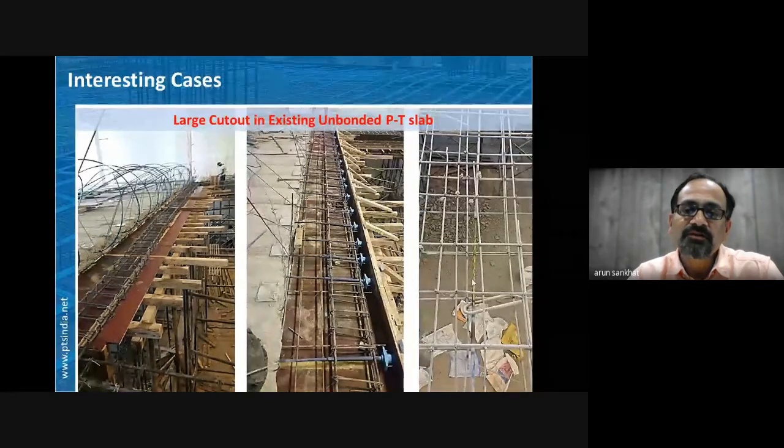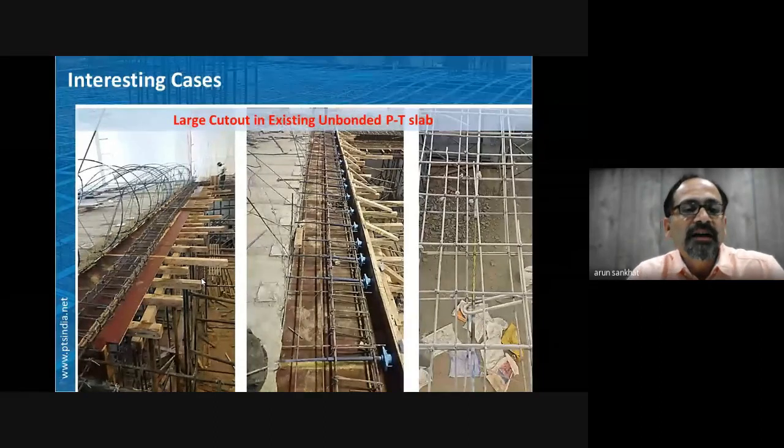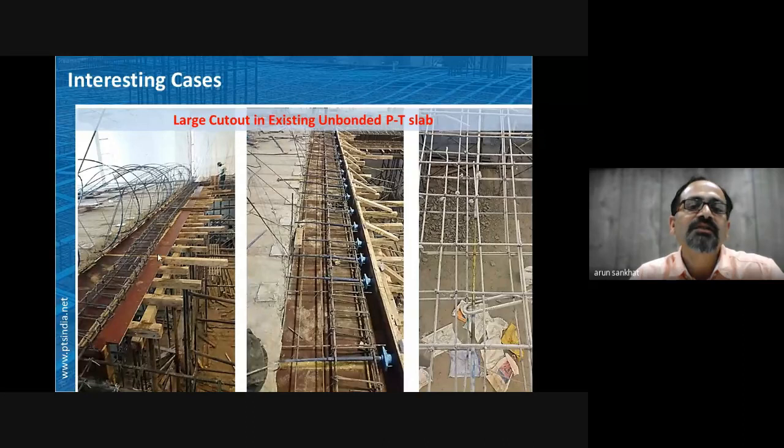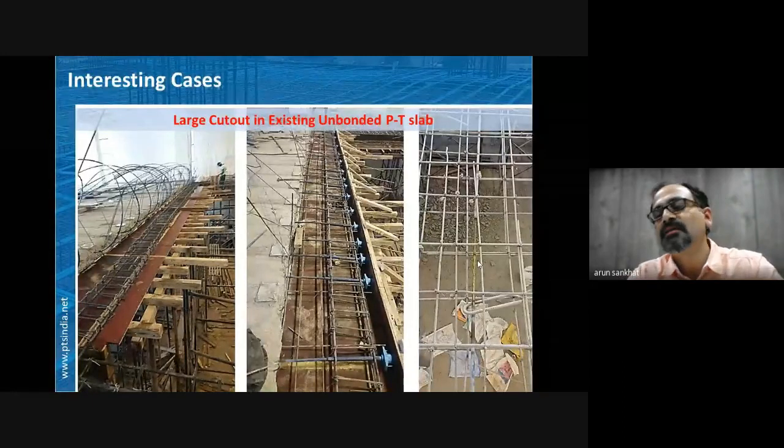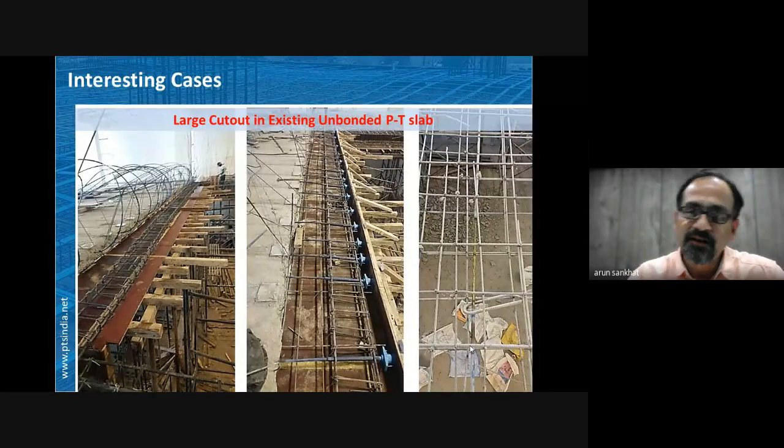This is the condition of the cable after around 1.5 years of this construction. They wanted to have this cutout. So after more than 1.5 years, we checked the condition of the cable. It's still green, still good, still fresh. Nothing happened to this. No aging process has happened to this material. Even the grease.